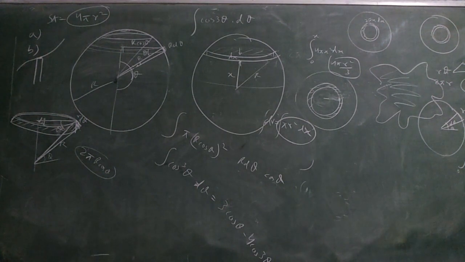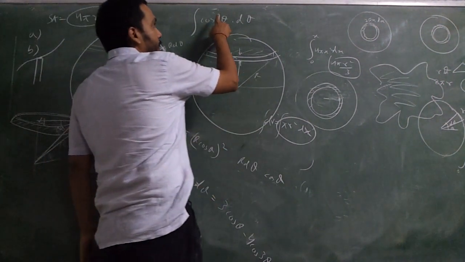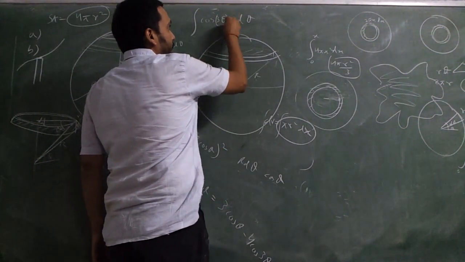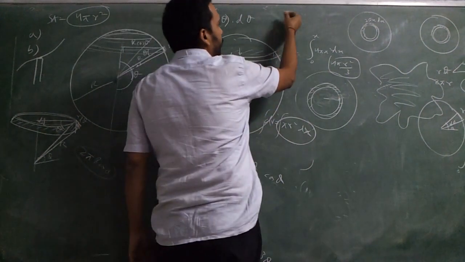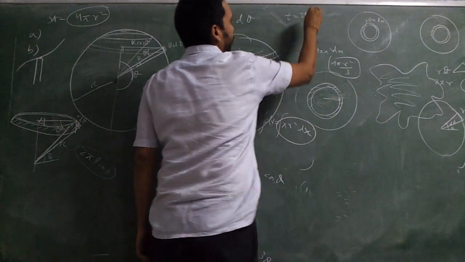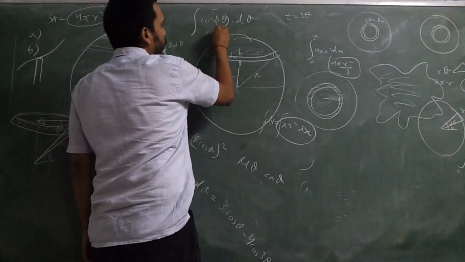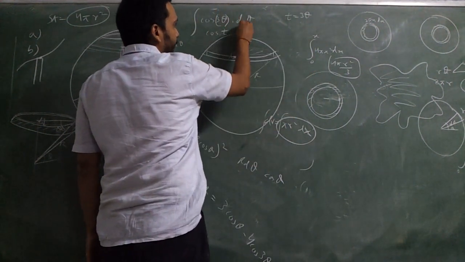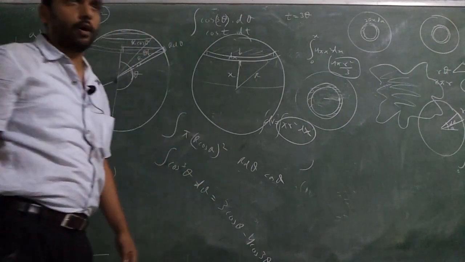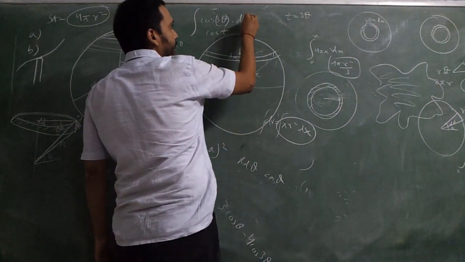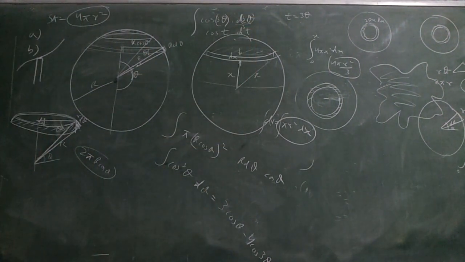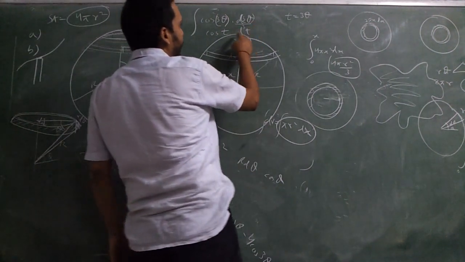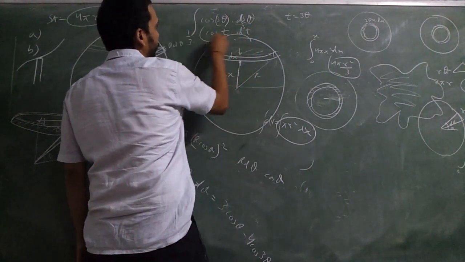Now listen very carefully. This variable is 3 theta, this variable is theta. I will assume my variable as t is equal to 3 theta. Then this is cos t, I need a dt over here, not d theta. I can say 3 divided by 3. Why? D of 3 theta is 3 into d theta. So this I can write dt and I get a 1 by 3 outside. This I can integrate or not.